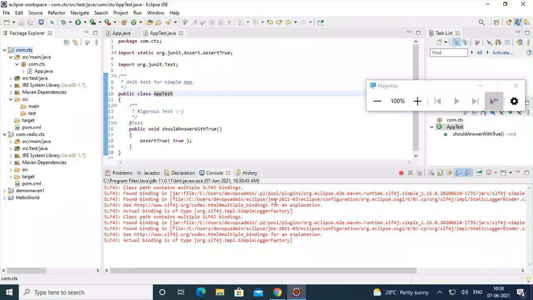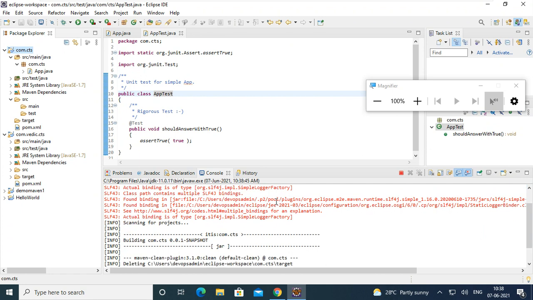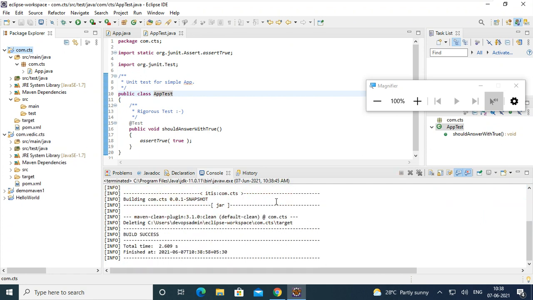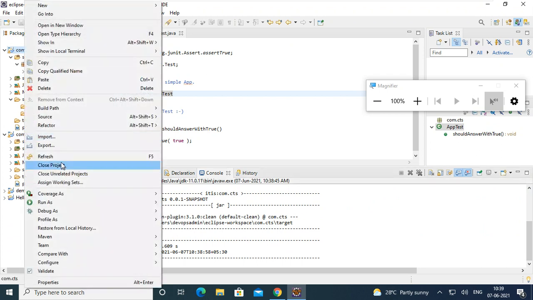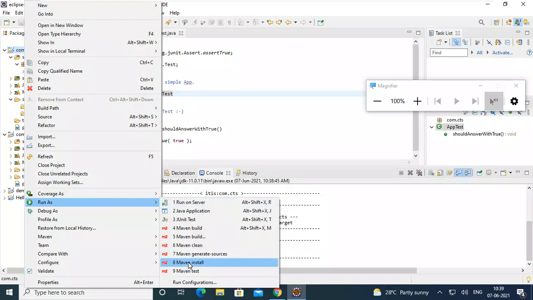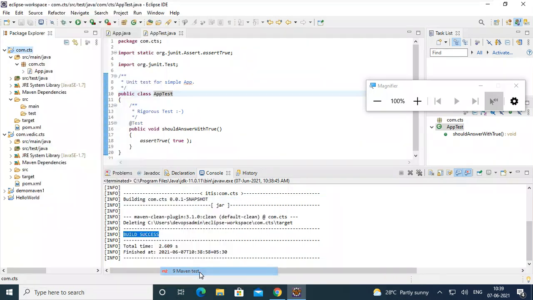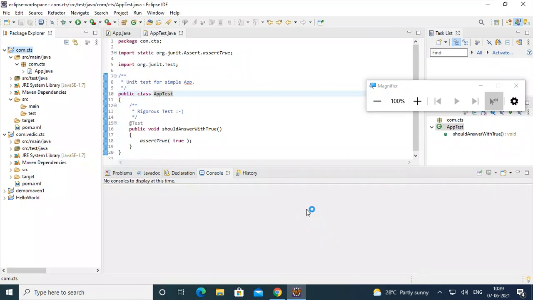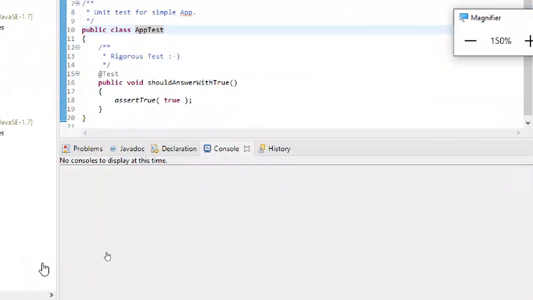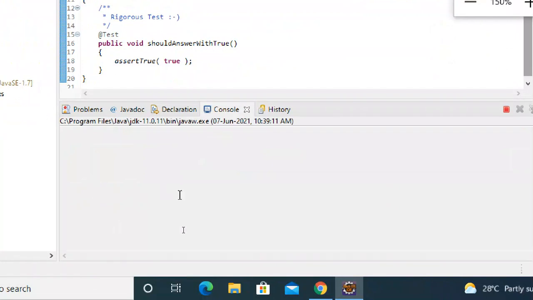So we'll see. Ignore the red colors. We need a build success or not. That is important. Okay, it is showing a build success. So now again I'm going to run Maven test. It is small letters, right? So we can't see.